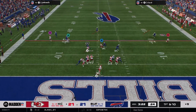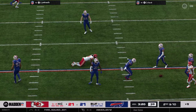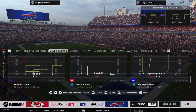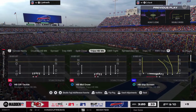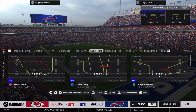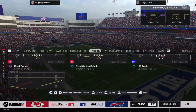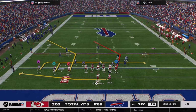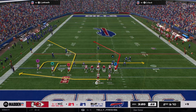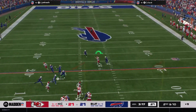A first down throw for Mahomes. And he can hang on through the contact. Incomplete. Good job defensively to meet him just as the ball was arriving. It'll bring up second down. All things considered, it's actually a pretty good pass. I mean, he puts the ball in a place where only his guy can catch it. But I think he hears those footsteps coming from that nearest defender, and he's not able to secure the catch